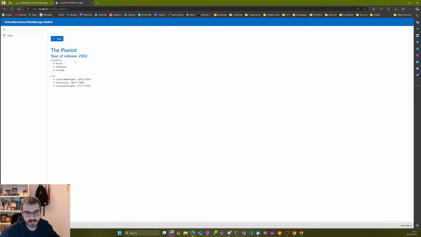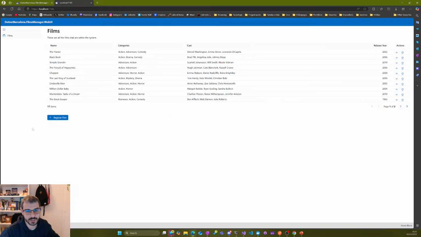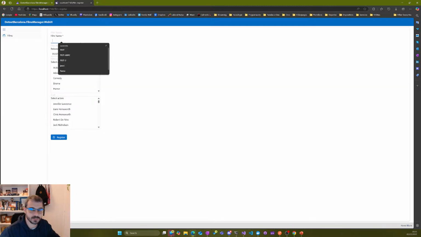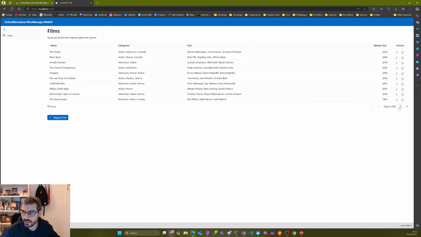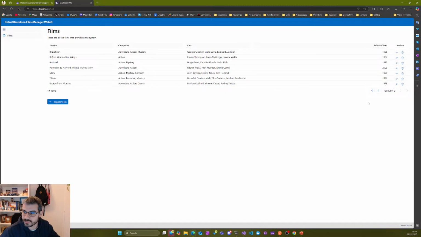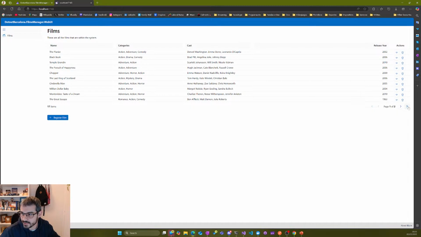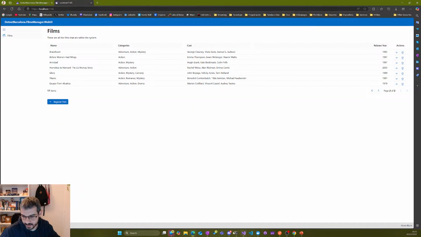We can see some details of a specific film. We can also create one specific film here. For instance, we can say test, specify one specific date here, and register. And if we go here, oh, something has failed. What happened here? Let's see if it's in the database. If it's a problem about the reload,